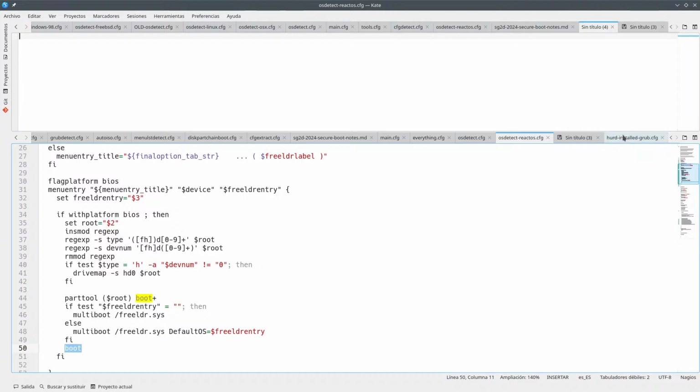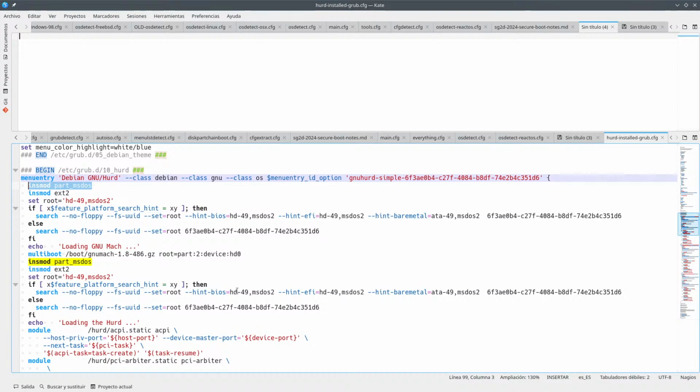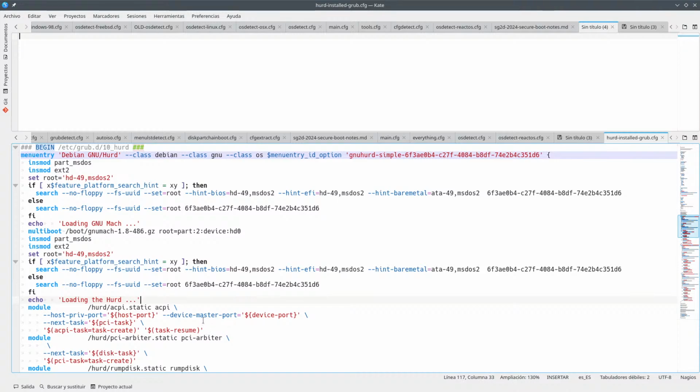However, this Hurd, here you're doing a search so that you have this thing find out. So apparently you can put this static ACPI in another partition, and you would be able to do this in such a way. But there's no need to do this.